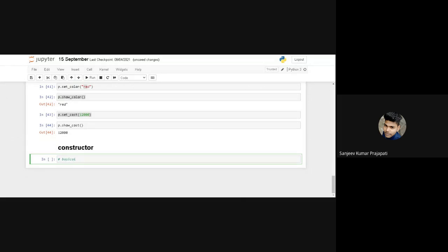Basically, a constructor is used to initialize the data members of the class, and it is called when an object of the class is created.